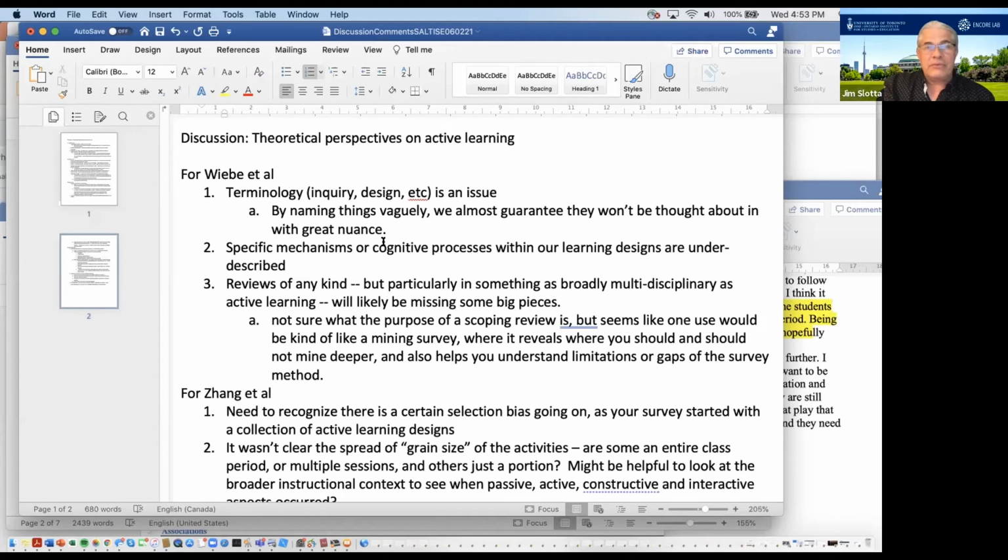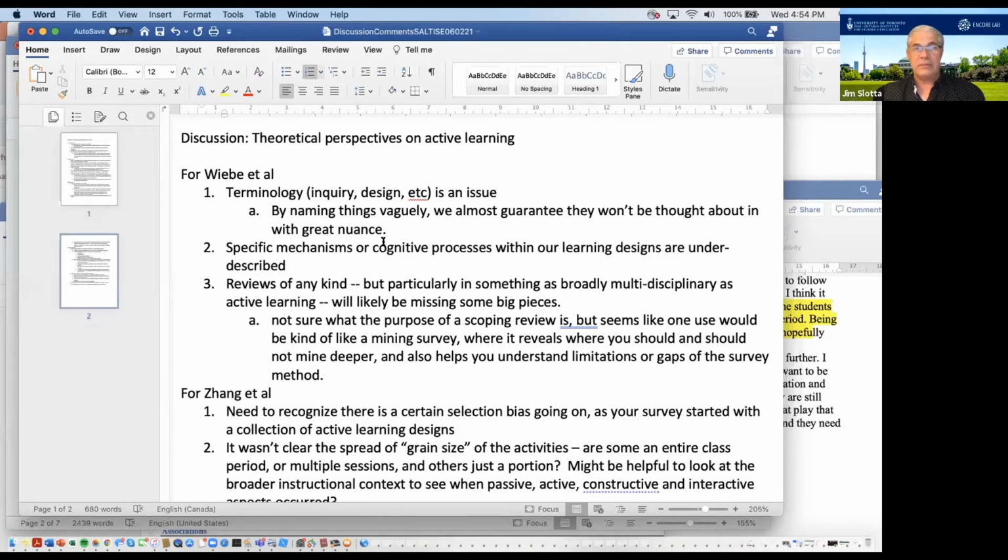as we saw in the web search, in the scoping review, and when you go find even papers that are referring to certain things like inquiry or design or any of those, it's really problematic. Even when you looked for active learning and couldn't find explicit mention of that, that was striking, and probably the big finding of your whole paper, honestly. That, and it occurs to me that by naming things vaguely, we kind of almost guarantee that they're not going to be nuanced, because people just don't even know. I'm feeling that way with the word critical these days, right?